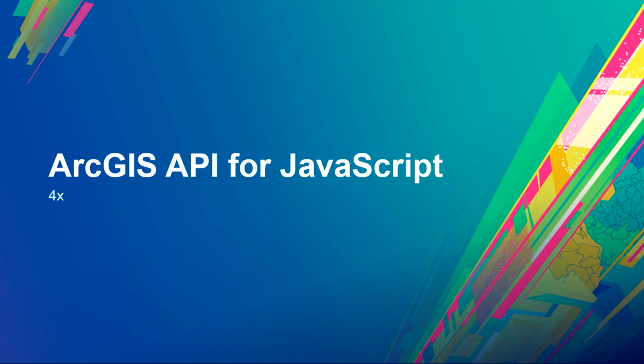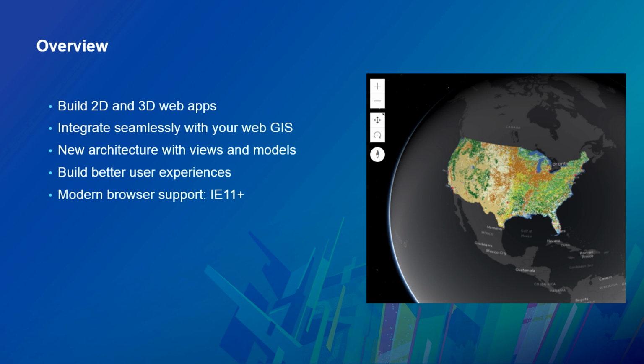How many of you are familiar with the ArcGIS API for JavaScript 4? Okay. So I'll be going briefly over some of the central aspects of the 4X version of the API, and